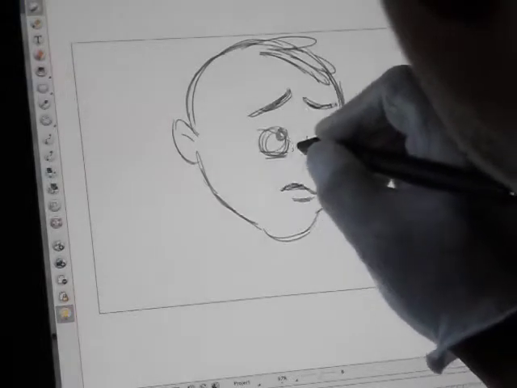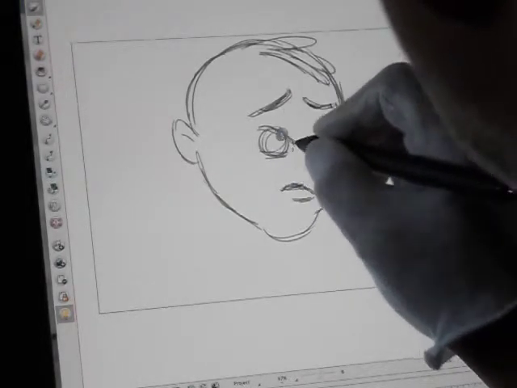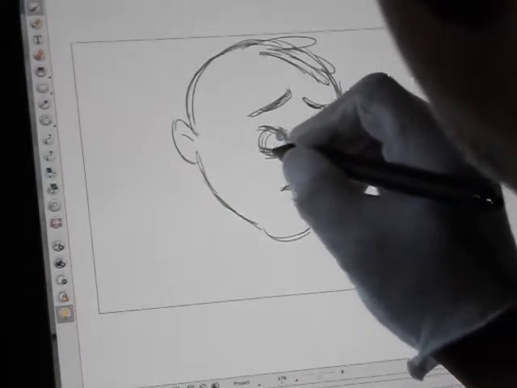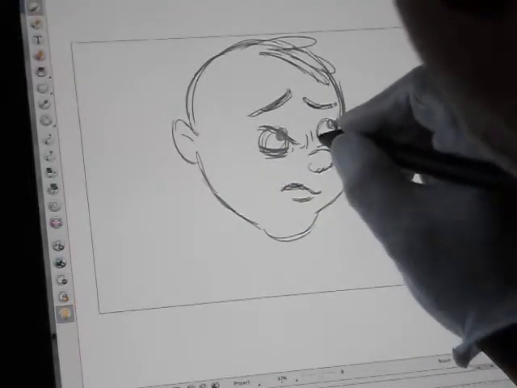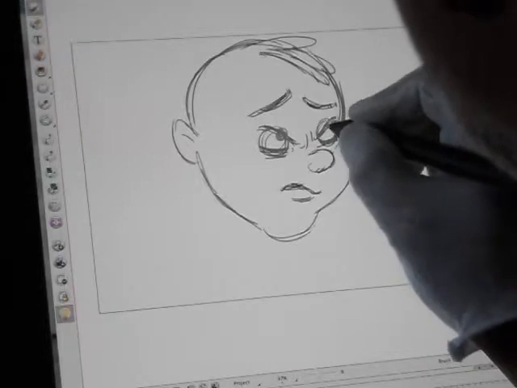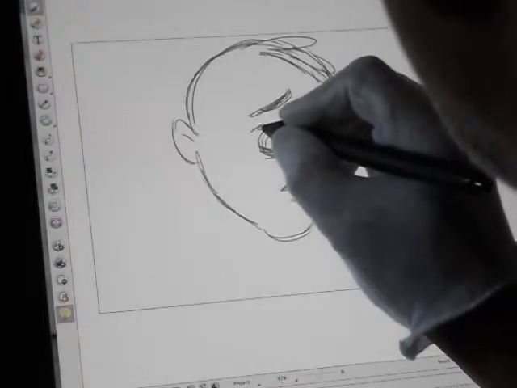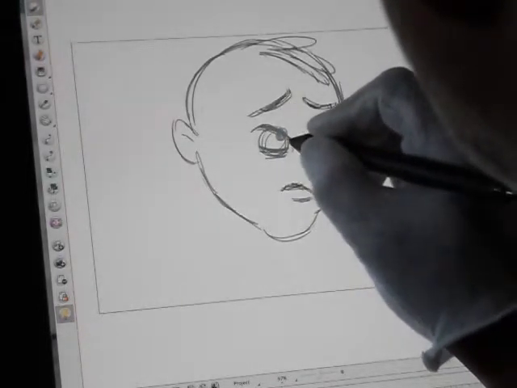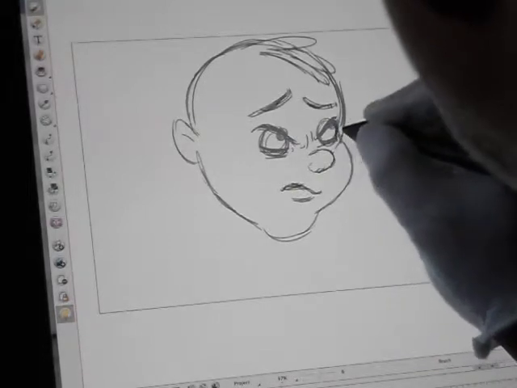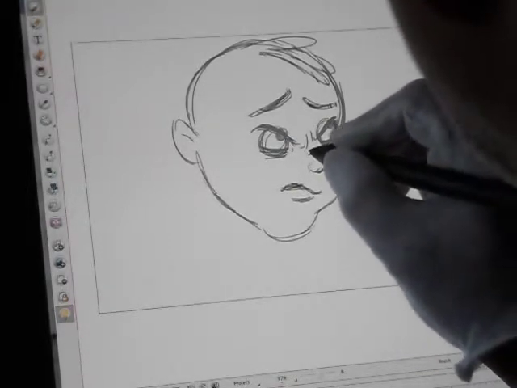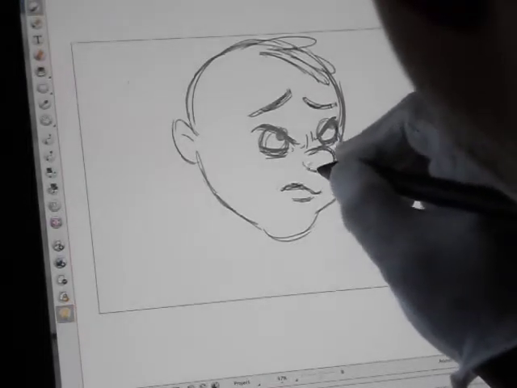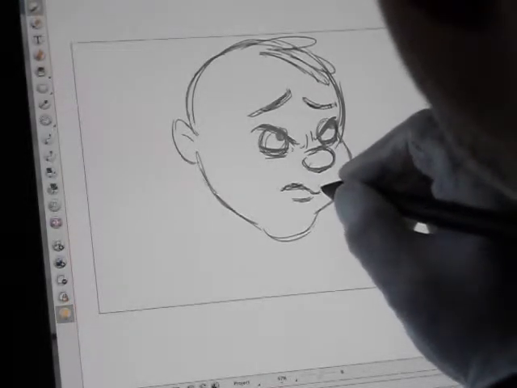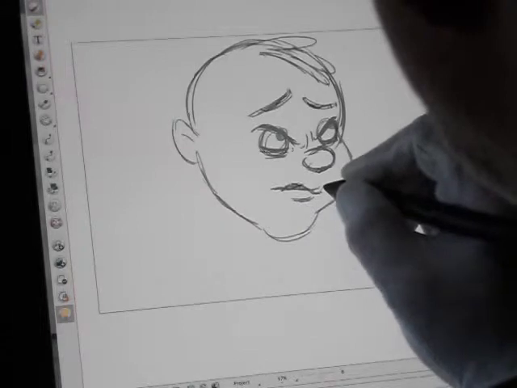Here I have lowered the eyebrow down, and his eyes will be closed. There's the other eyebrow down, and I've kept his head in the same place. So for this anticipation drawing, I'm just lowering his eyebrows, keeping his head in the same spot. I lengthen out the mouth a little bit,